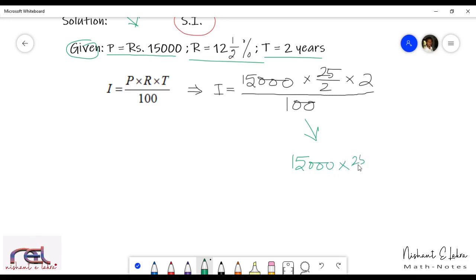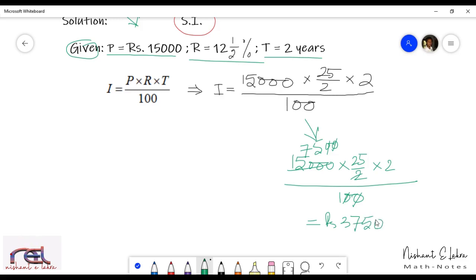We can also write it as 15,000 into 25 into 2 by 100 into 2, but I'm explaining to you this way. So we'll cancel 15,000 by 2, we'll get 7,500. Now we'll cancel 7,500 by 100, so we get 75. And after you multiply 75 into 25 into 2, you will get rupees